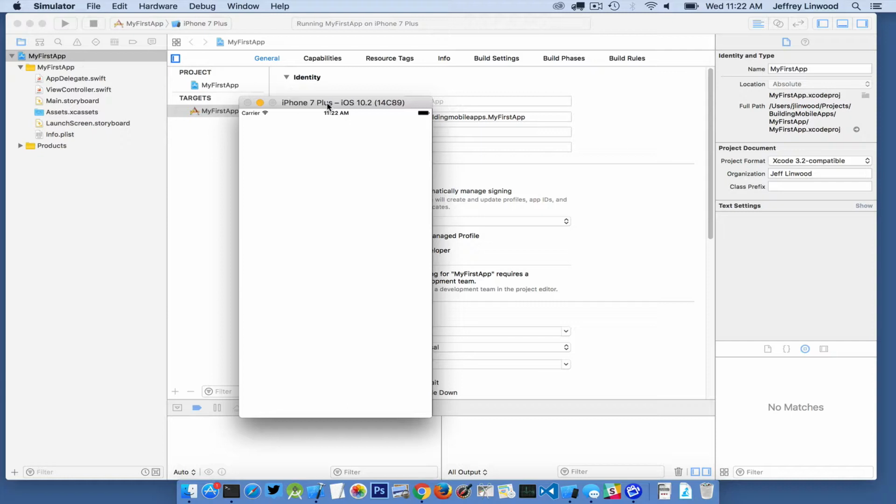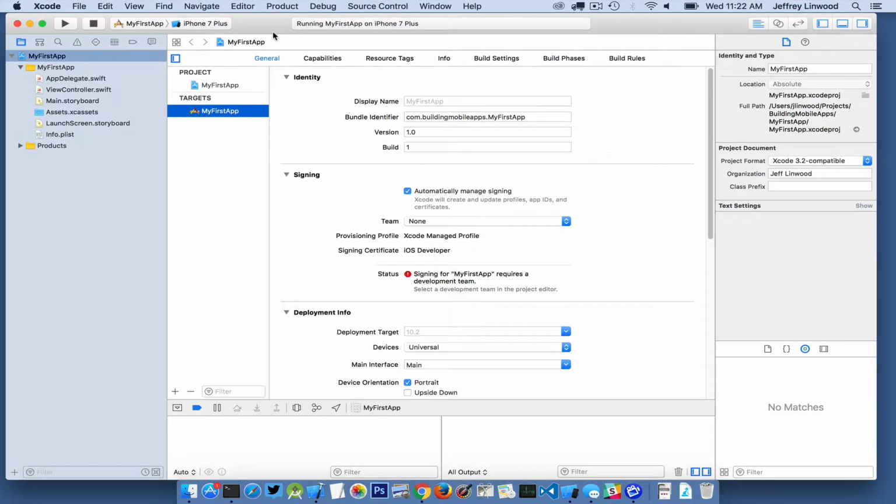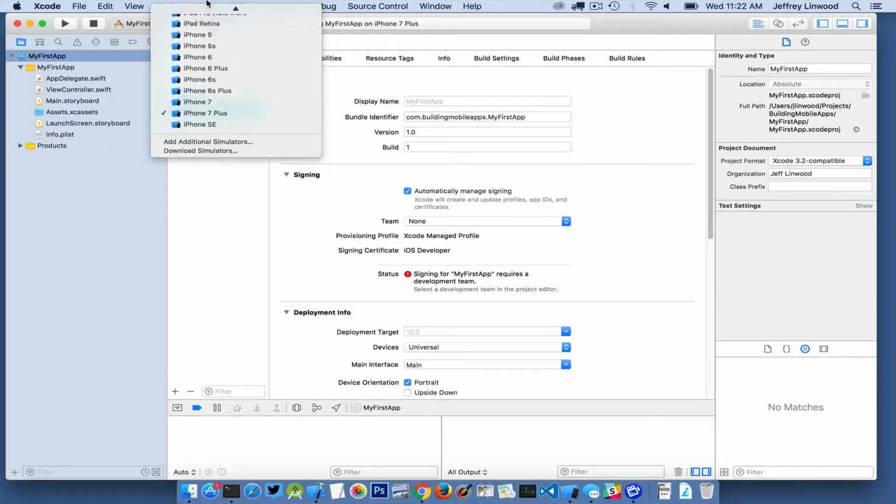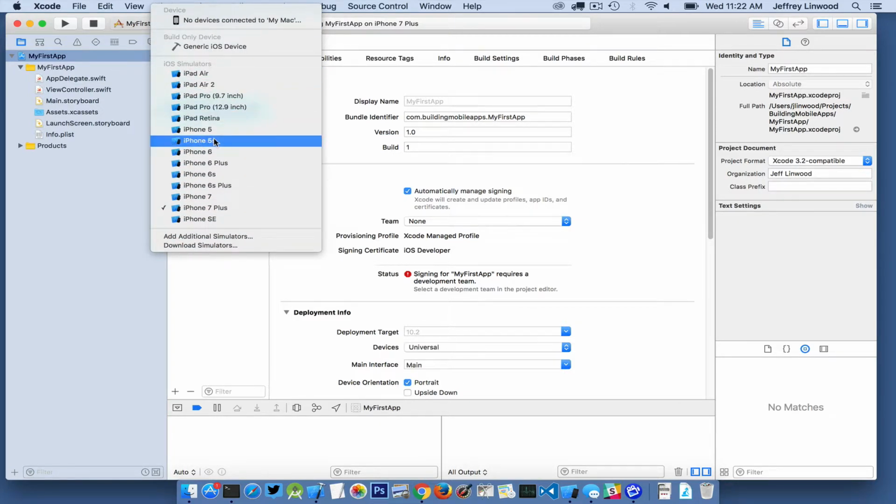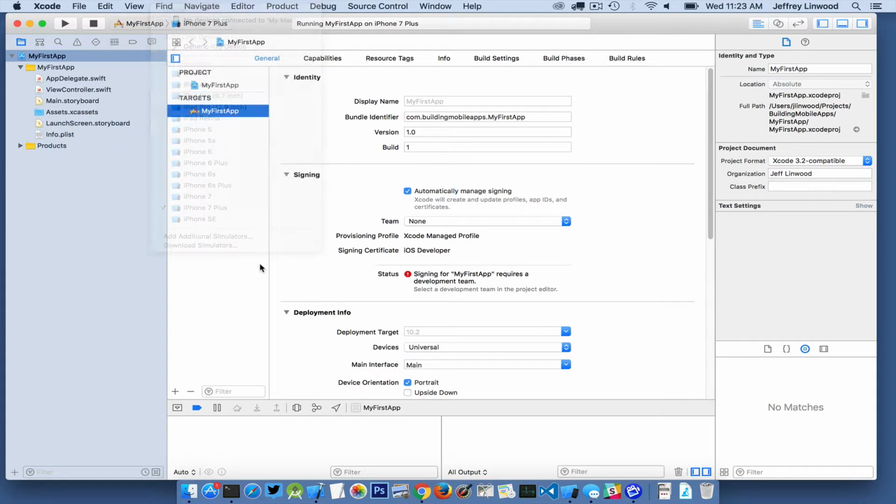And you have quite a few choices. If you go back to the main Xcode project and click iPhone 7 Plus, you may see that you have a different set of choices than I do. For instance, you may only have iPhone 6s, or you may only have the iPad Air. Feel free to change those around by adding additional simulators. In general, you won't need more than one or two of the simulators to actually do your project, but I would suggest that you keep